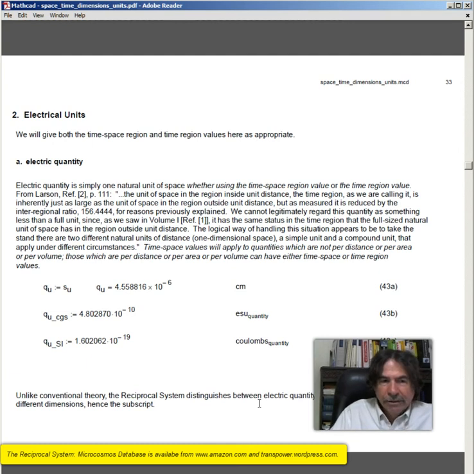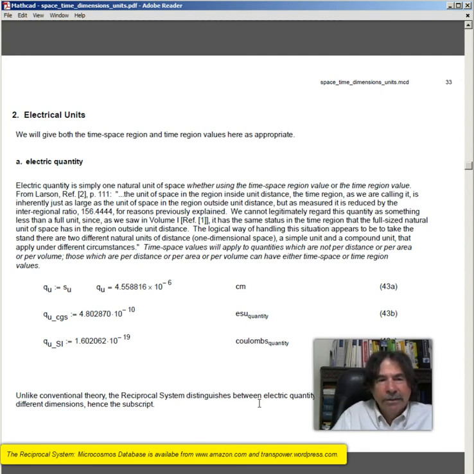From Larson, in reference to page 21, quote, unit of space in the region inside unit distance, the time region as we call it, is inherently just as large as unit of space in the region outside unit distance, but is reduced by the interregional ratio 156.44 for reasons previously explained. We cannot legitimately regard this quantity as something less than a full unit, since as we saw in line 1, it has the same status in the time region that the full-size natural unit of space has in the region outside unit space. The logical way of handling the situation appears to be to take the same,